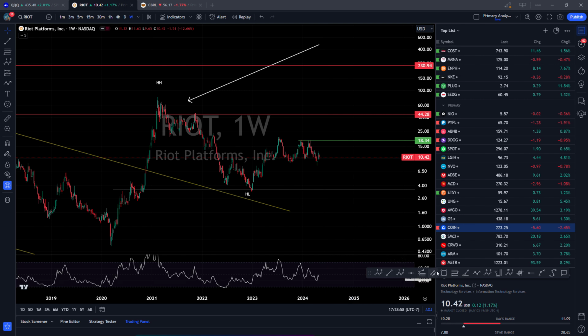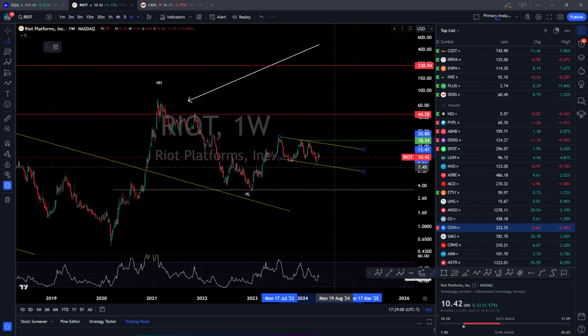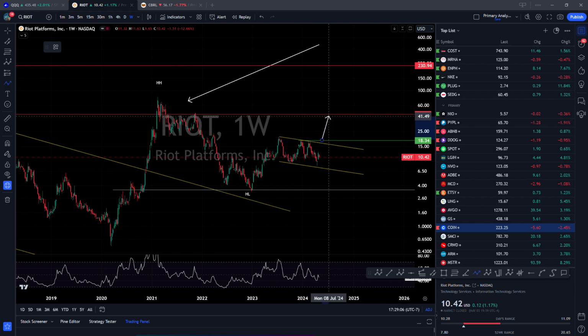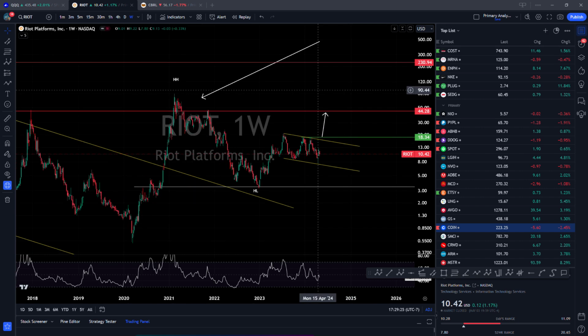Once it's here, whether this was just a bull flag on a weekly or something else. If this turns out to be a weekly bull flag, then yeah, we are looking at this testing 44 as well. It's the same as Mara, like I said. Go level by level, good pattern formation, and as it breaks out from the previous zones, the ability to test the next zones, the probability becomes much higher, right?